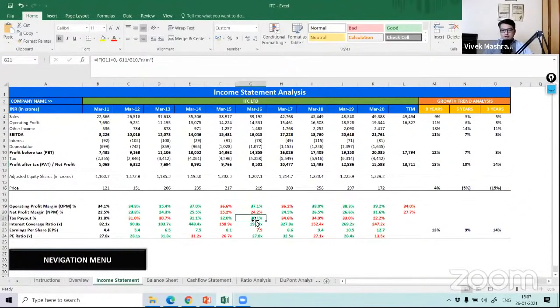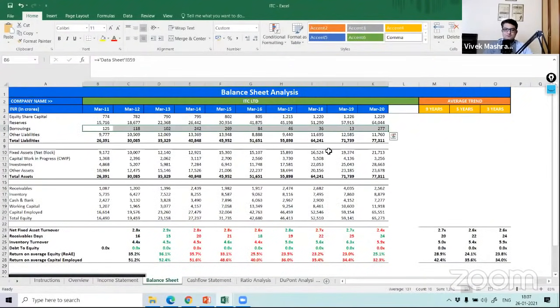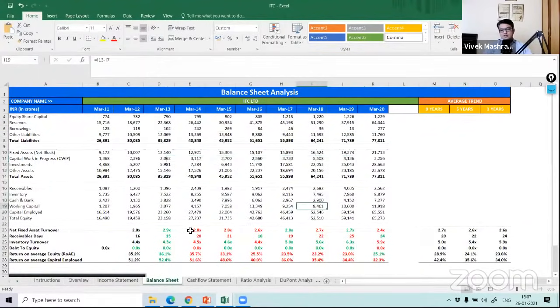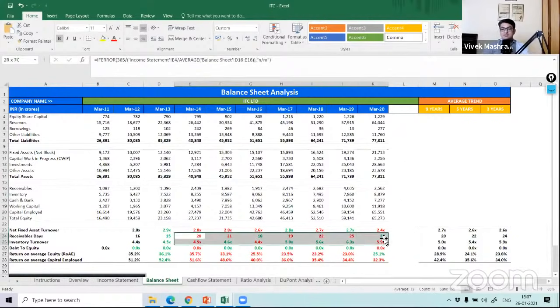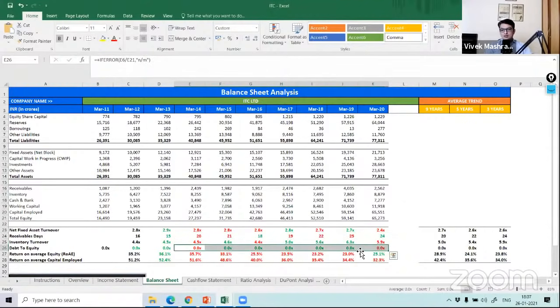Then if you think about the balance sheet, what is happening? Fixed asset turnover almost in the same range. So average is 2.7, 2.6. It is almost hovering in the same range. Nothing to worry about here. Receivable days very low. Again, cigarette business, monopoly kind of business, so they're getting money very fast. So that is also not an area of concern. Debt to equity ratio, obviously almost zero debt company, nothing to see here.